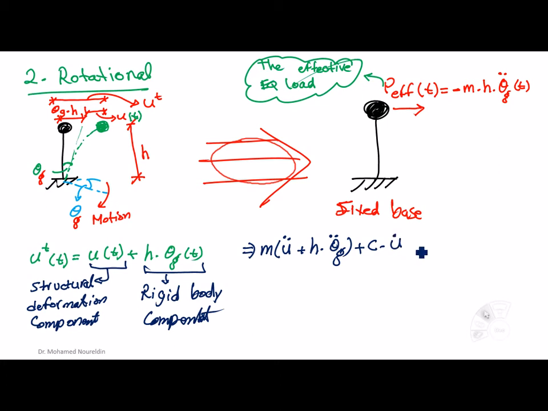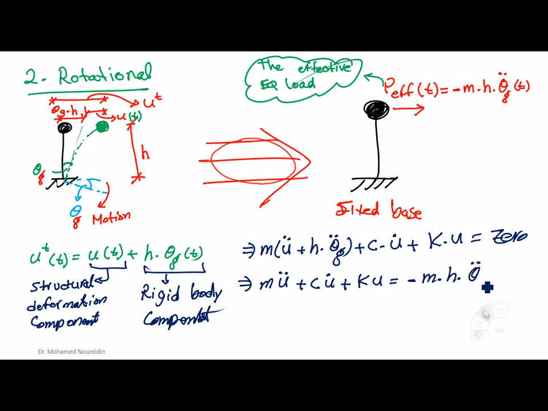plus K times U equals 0. This is the equation of motion that we are going to have. Based on this, if we rearrange it, we are going to have the final equation of motion: M U double dot plus C U dot plus K U equals minus M H times theta double dot